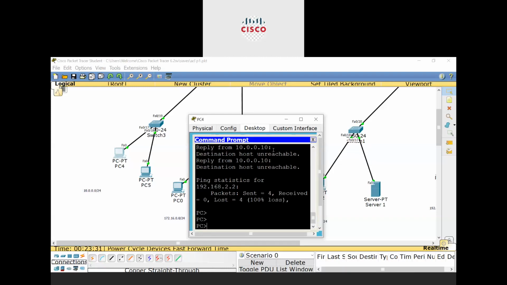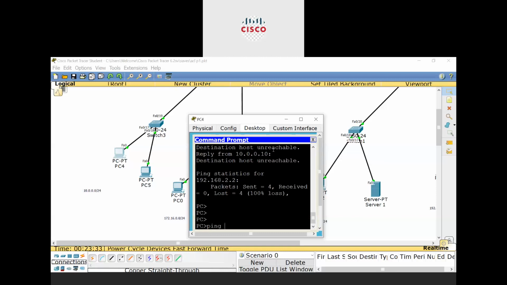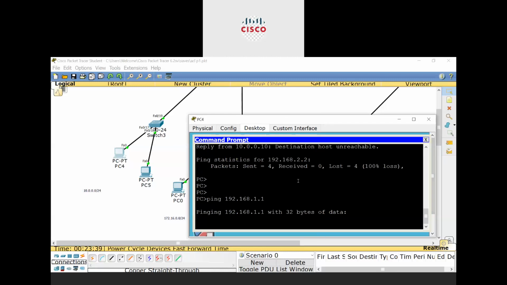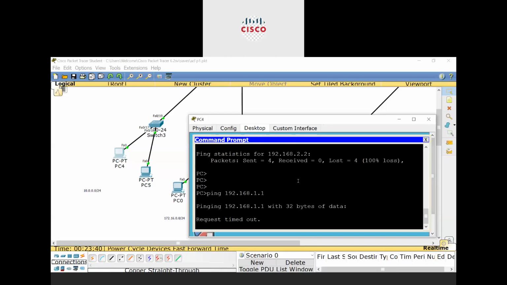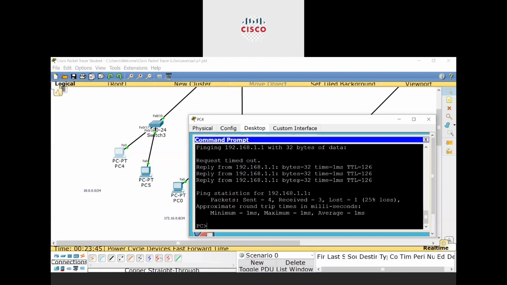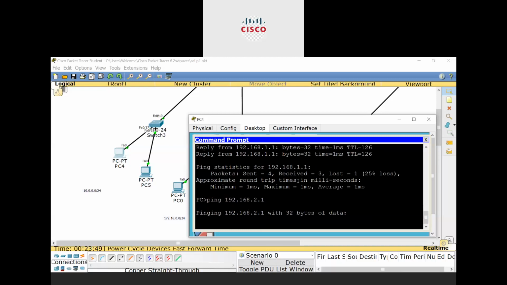Now I will show you, if I want to ping 192.168.1.1, whether we are able to ping that PC or not. It will take time to give you the answer. Yes, we are able to ping this PC. Let me show you if we want to ping that PC also. So yes, we will have access to ping that PC.